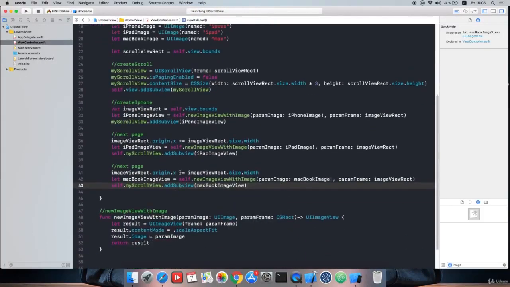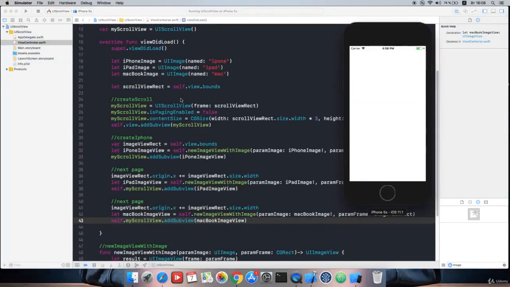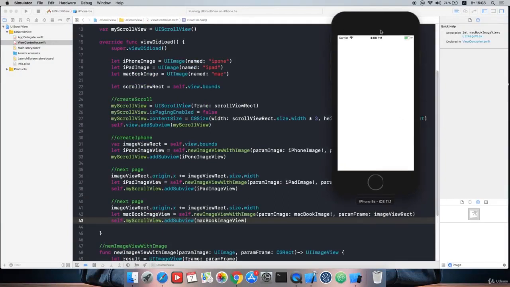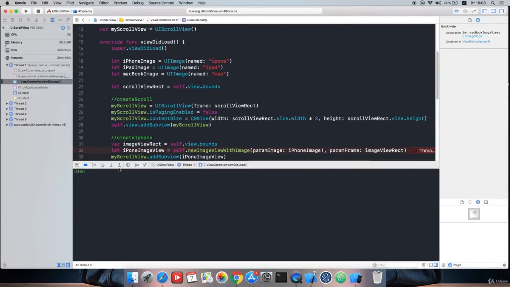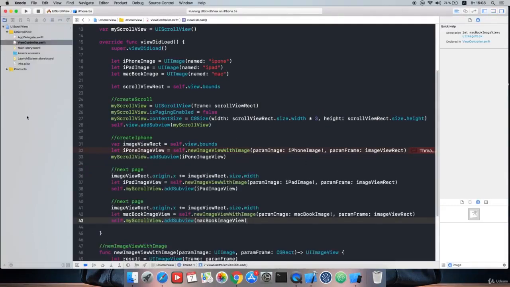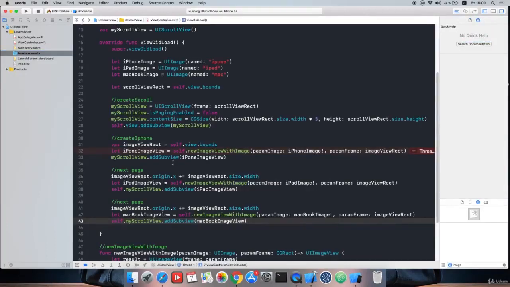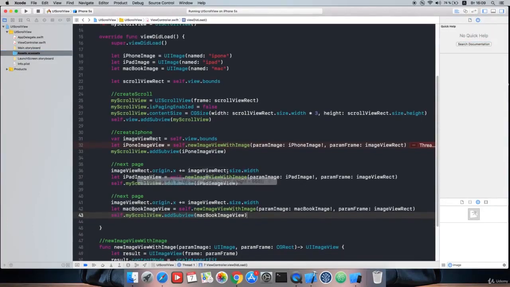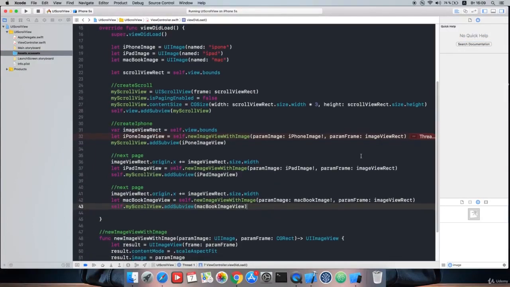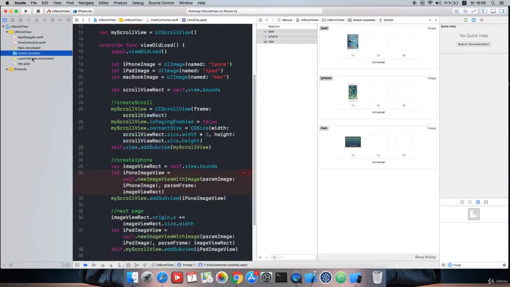Let's try to start and see what we have got. This is one of the options for implementation of the scroll view and how to use it. There are lots of options, and in the end we don't see anything. Let's check how we called our images. There is Mac, iPad, iPhone. Oh,